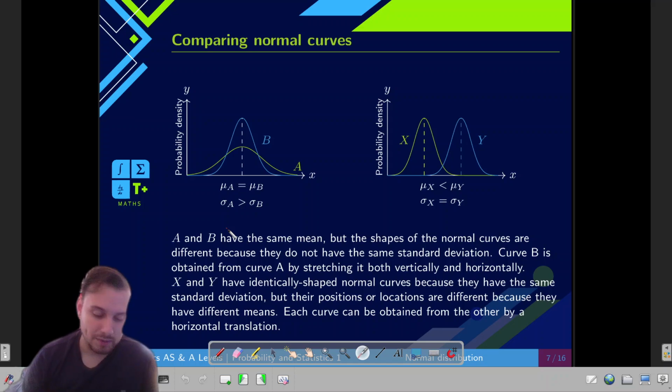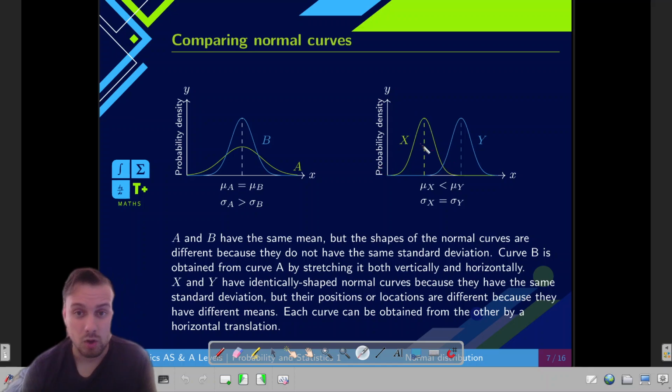A different scenario would be here with x and y. What happens with x and y? With x and y, what we have is that they have exactly the same shape. So since they have exactly the same shape, their standard deviations are the same, but one is moved, is translated to the right. For example, the y curve is the x curve